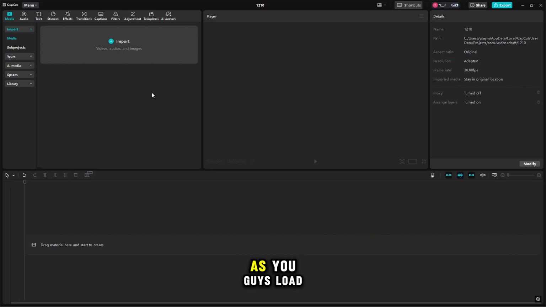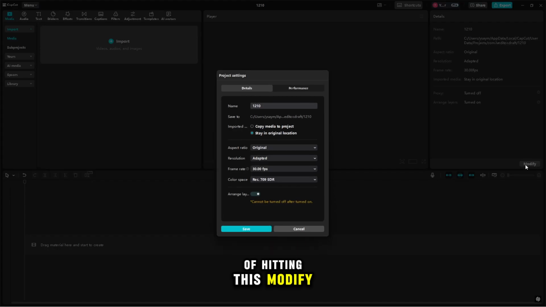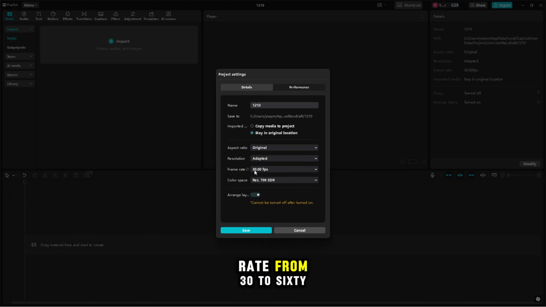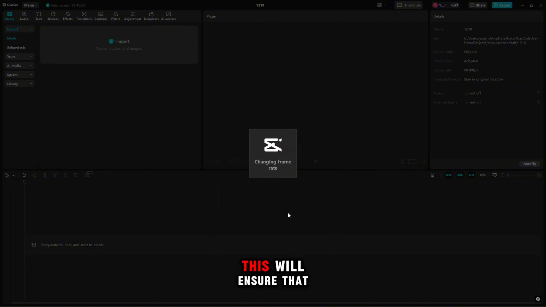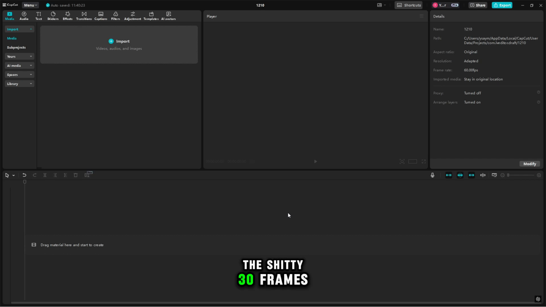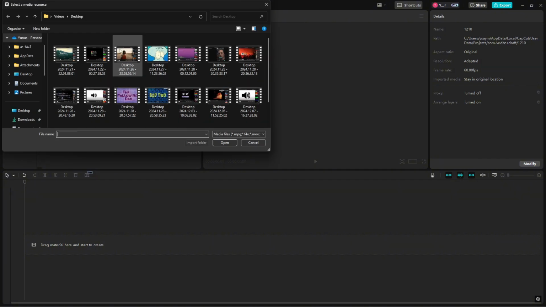Now guys, as soon as you get into CapCut, I want you to build a habit of hitting this modify button here and changing the frame rate from 30 to 60. This will ensure that your clips look way cleaner and aren't stuck on the bad 30 frames that will look terrible. Now guys, once you're in this option here, you want to hit import